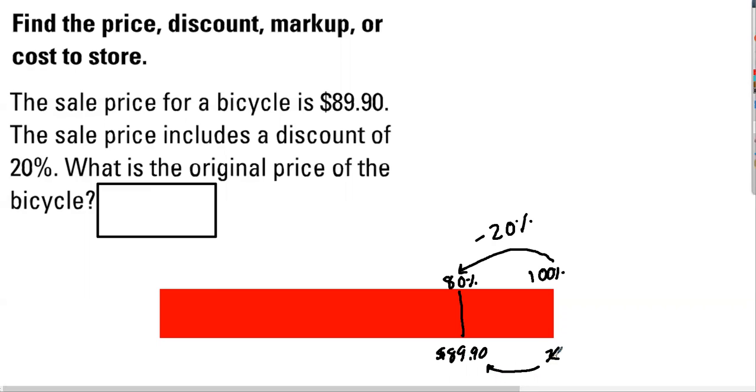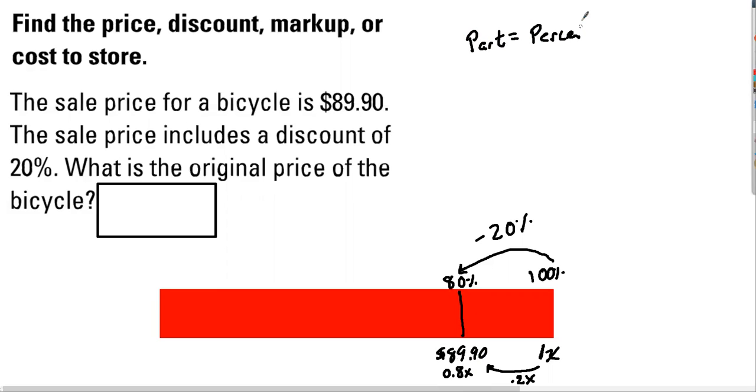So this right here, this X is 100% of X or 1X. If I take away 20% of that, I'm taking away 0.2 times X. And when I take that away, I am left with 0.8 times X. So I know that these two expressions represent the same amount. 80% of X, or 0.8 times X, is $89.90. So to set up my equation, I can say my part